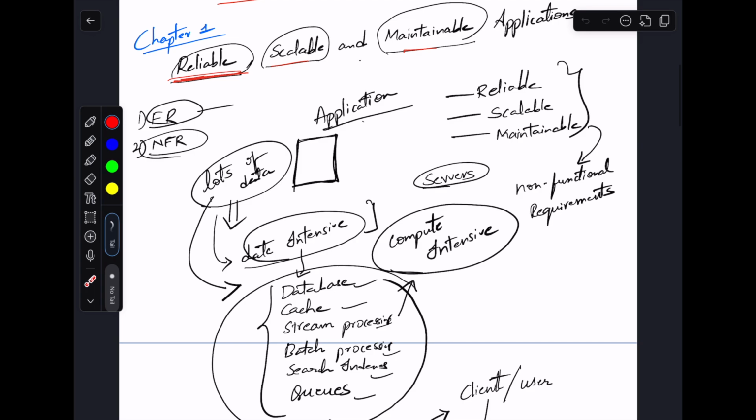That's it. So I'm just going through whatever was discussed. Now coming to reliability. Whenever you think about the word reliable, let's take an example of an application called